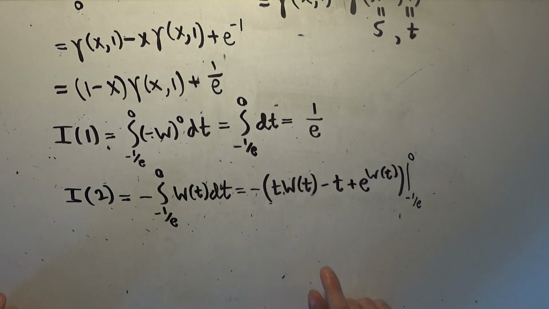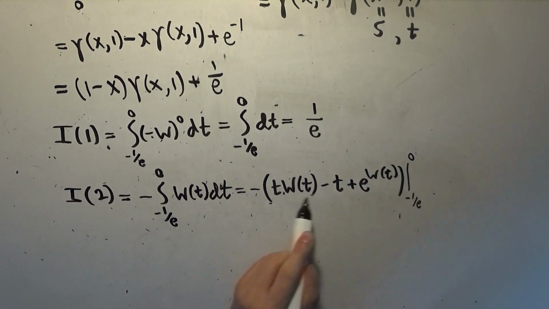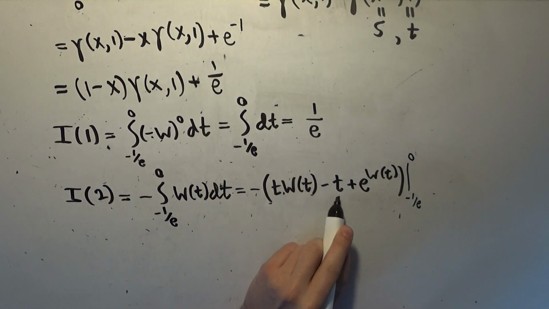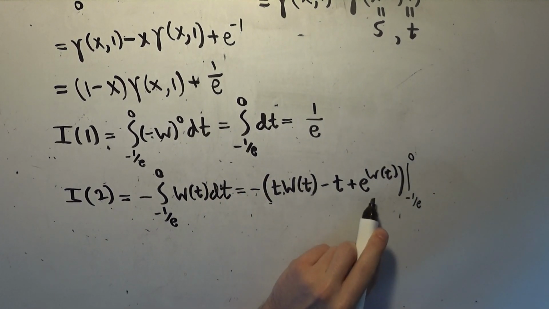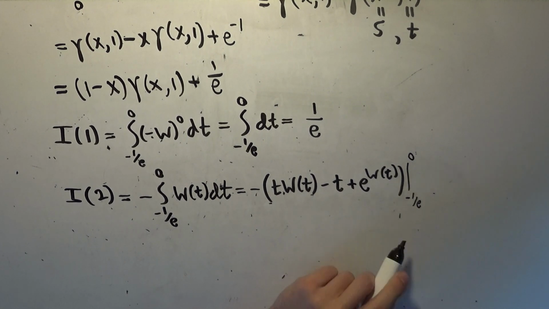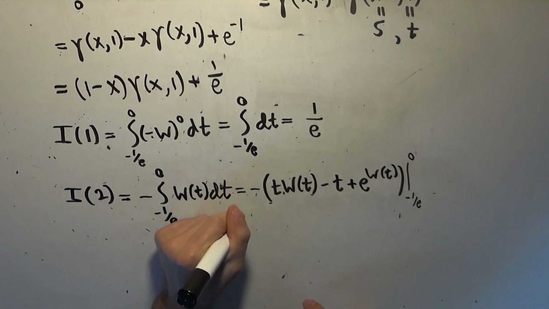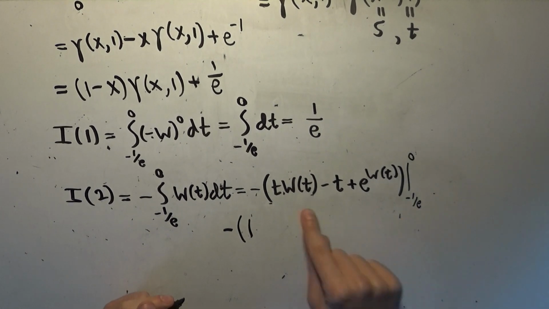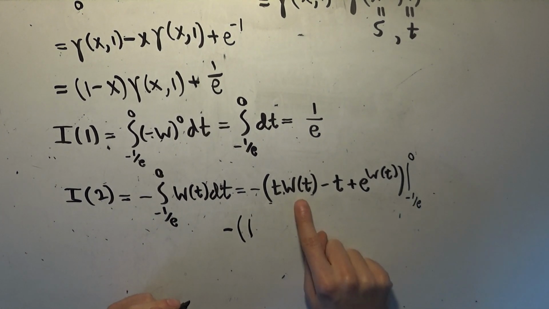So let's see what number we end up with. We have to plug these numbers in. If I plug 0 into that, that's 0. If I plug 0 into that, that's 0. If I plug 0 into that, I get 1, because it becomes e to the 0. So I get minus 1, and then we plug negative 1 over e into all of these things. So W of negative 1 over e is negative 1,